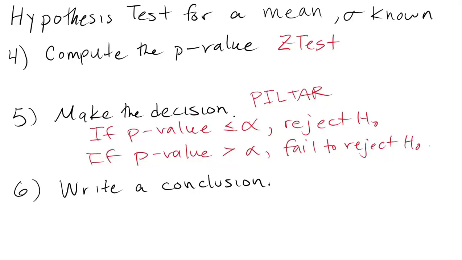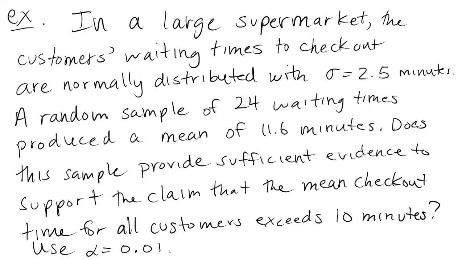I think we're ready to jump into an example. You'll notice that these read a little bit differently because they're about means and not proportions, but the principles are the same. The basic idea is the same. Here's our first example. In a large supermarket, the customer's waiting times to check out are normally distributed with sigma